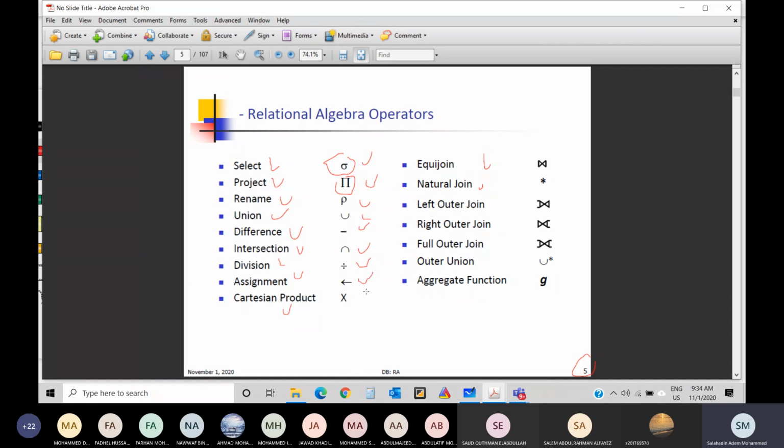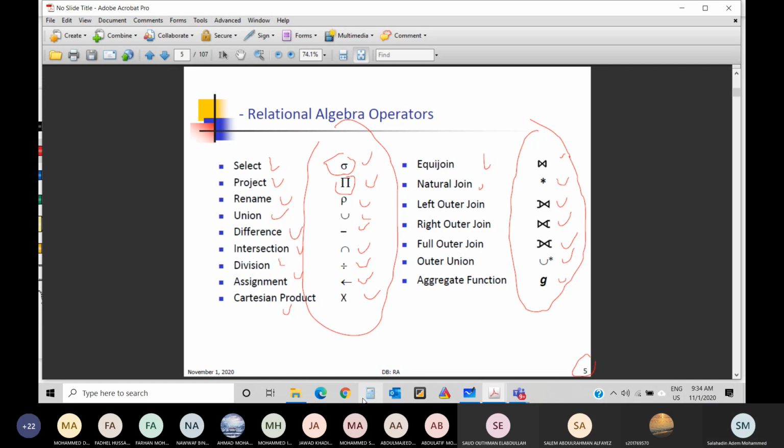Because master and PhD students use a lot of mathematics to interpret whatever you do. You have to prove it and so on, and they use these short notations. So instead of writing select, they would just write this symbol. So these are the symbols we are going to use in this chapter. These are all the symbols. You don't have anything left.